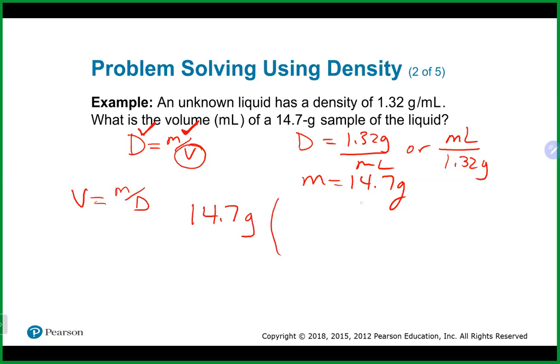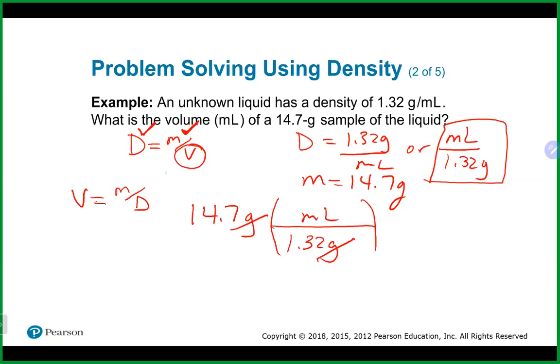And if I want to get rid of grams, because I want to end up with volume, we're going to go opposite here, which is 1.32 grams per milliliter. The grams will cancel. That is essentially dividing what we just did there, basically just showing the units. That's going to take 14.7 divided by 1.32. That's going to give us